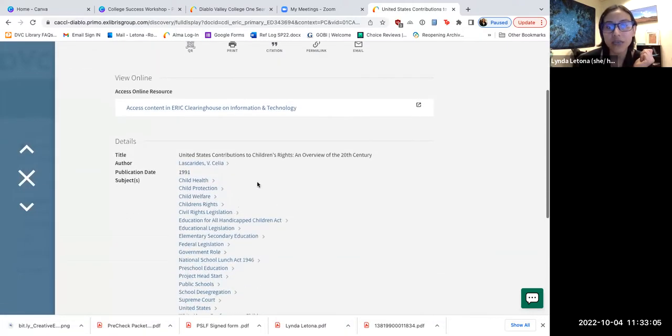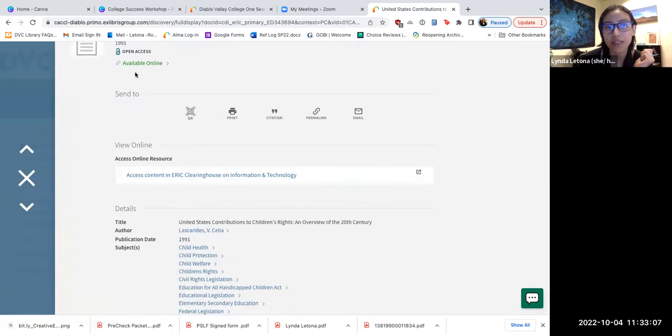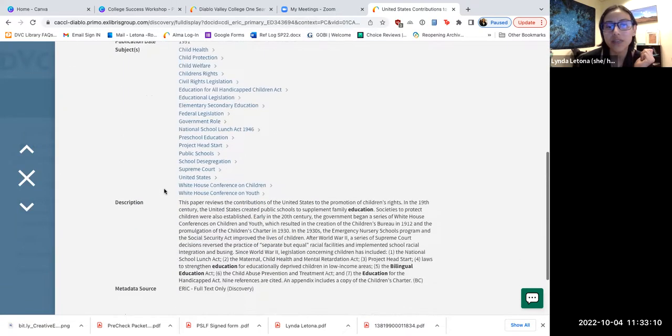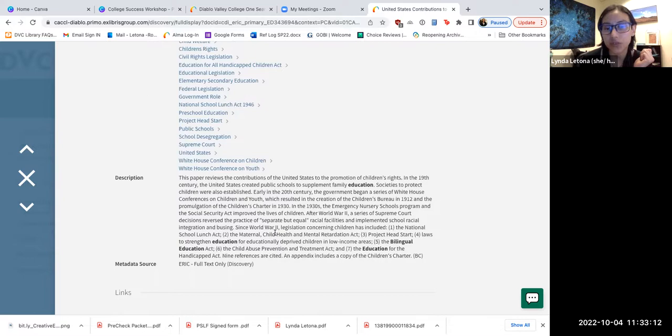So this will take you to the database where this source is housed, and it's going to take you to the description of the source. So here you see the keyword I highlighted, bilingual education, and it's talking about the Bilingual Education Act as a contribution to the promotion of children's rights. So maybe I didn't even know that I wanted to be that specific. I just started with bilingual education search, but maybe now I'm interested in researching a little bit more about the Bilingual Education Act and what that is. So that's a new key term that I could then enter and find out more information about in addition to